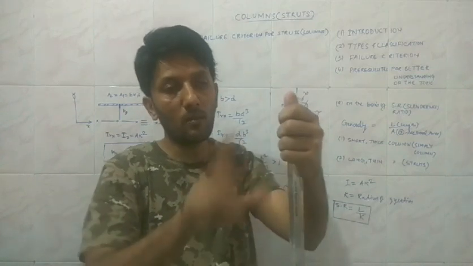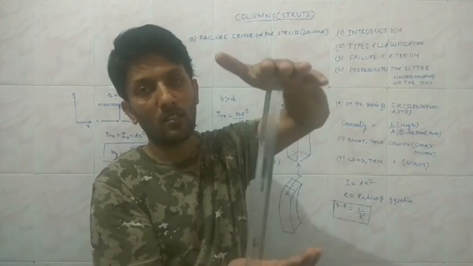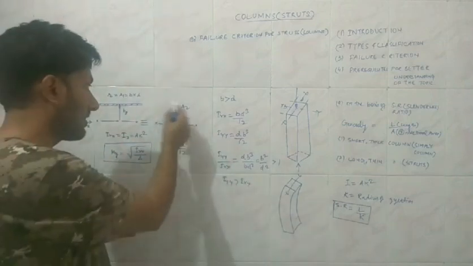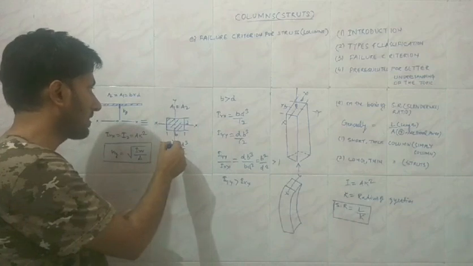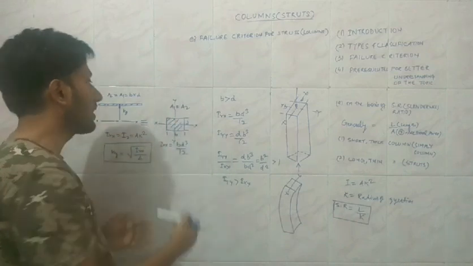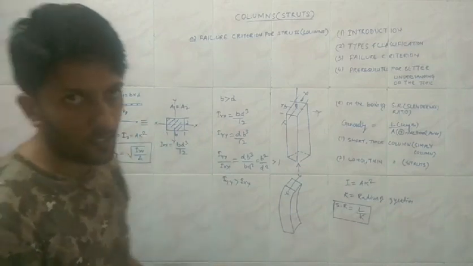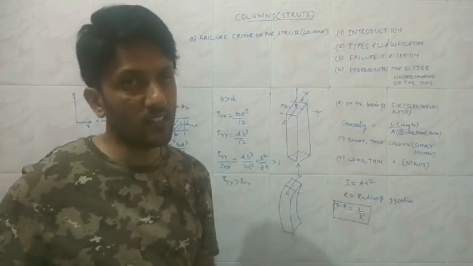It is never going to rotate about this direction whenever the load is being provided along the longitudinal direction. So this is the reason that the area is the same in both the cases. Whenever we consider the moment of inertia about the y-axis, the area is the same. If we consider this area, the moment of the same area about the x-axis, obviously the area is the same. Only the difference is the distribution of the area about the axis of rotation.